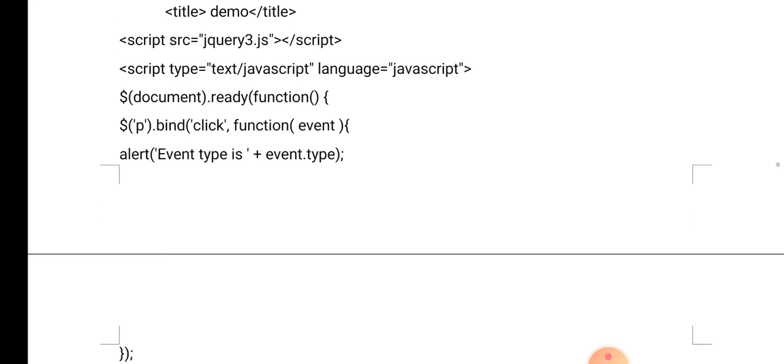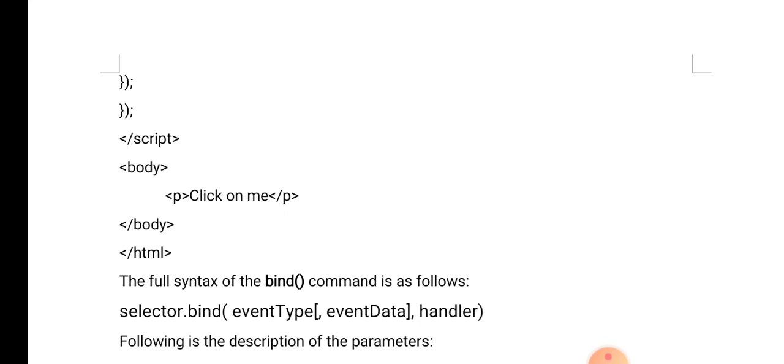In the body of the HTML, we write only one HTML element, which is a paragraph element that says "click on me". We intend to implement an event handler on this particular paragraph element.